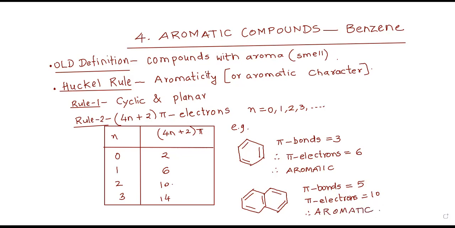Take the first part of your topic, benzene. What is aromatic compound? Huckel rule. Important section for exams. Important for CET next year. Now we are only going to focus on benzene, nothing more. We have around 3 methods of preparation, around 6-7 reactions, and that's all in the topic. So first we go for methods of preparation.